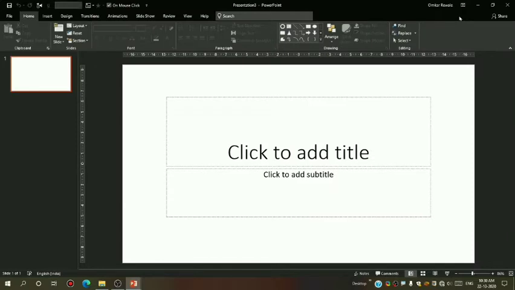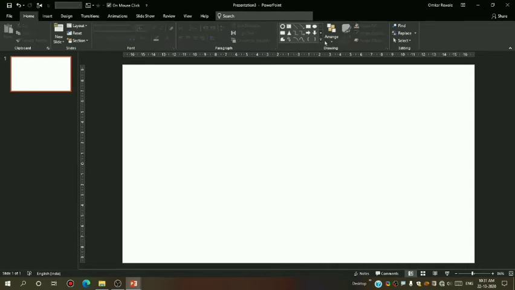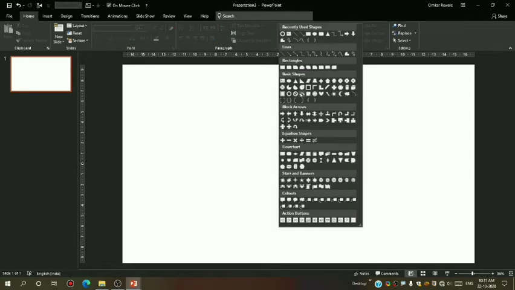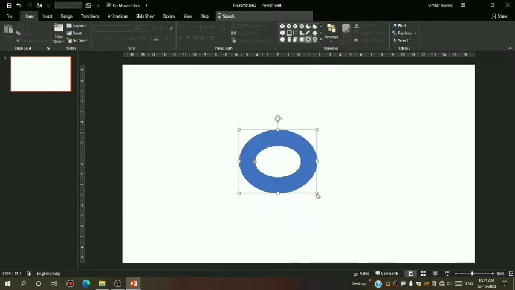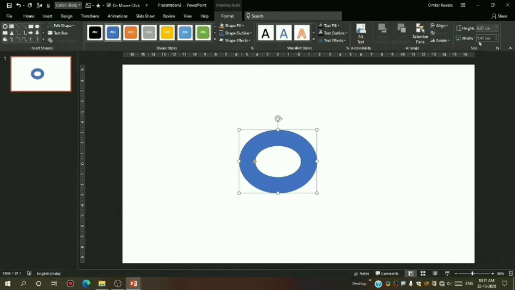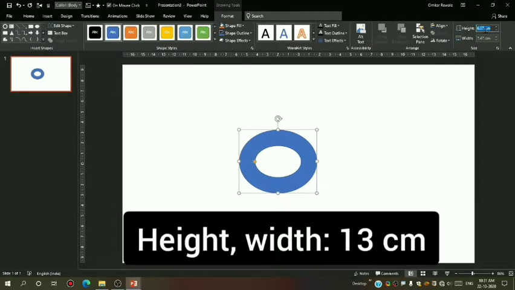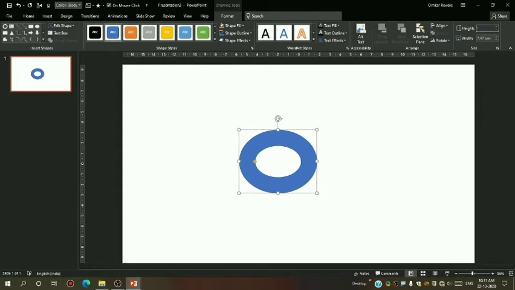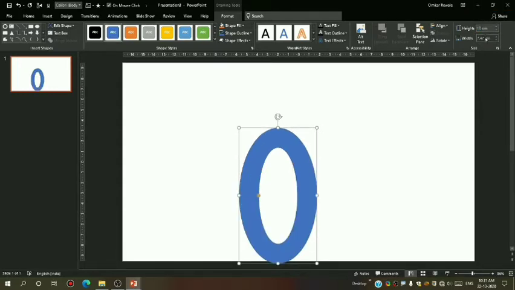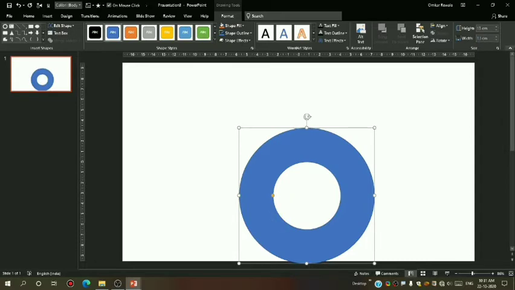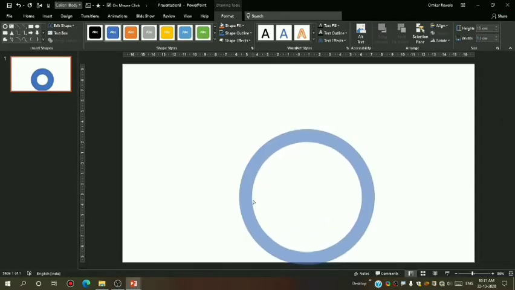I open a new presentation, and first I will delete this. I don't want this. So now go to Insert, Shape, and in Basic Shapes select the one named circle hollow. I will draw this. Go to Format. Now I'll make its height and width 13 centimeters. Okay, now I will make it smaller.